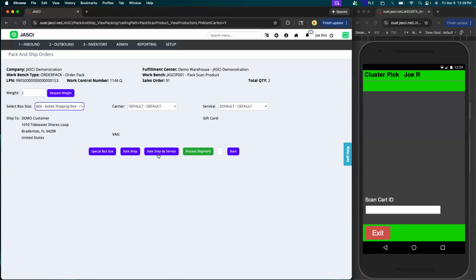And that's why we have this rate shop by service button, because maybe you still want to do rate shopping, but you don't want to compromise the promised delivery date. You rate shop within what will get it there on time. So let's go ahead and process the shipment, and that brings us back to pack out another tote that we have